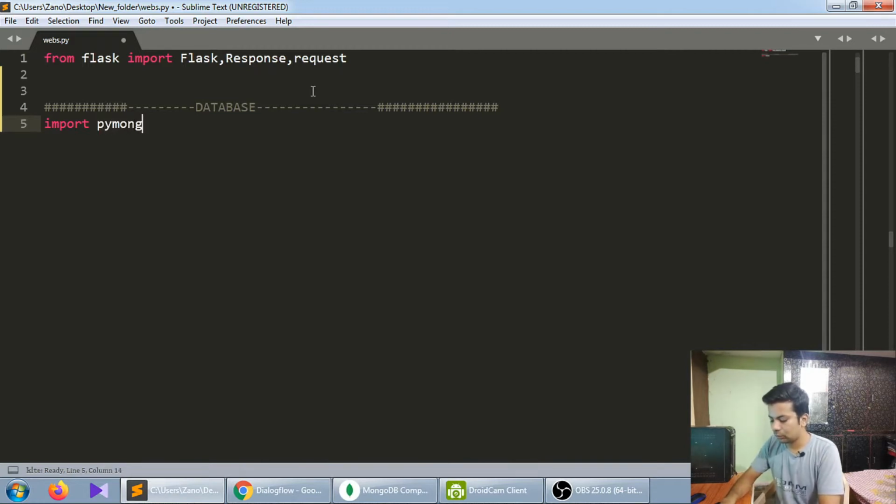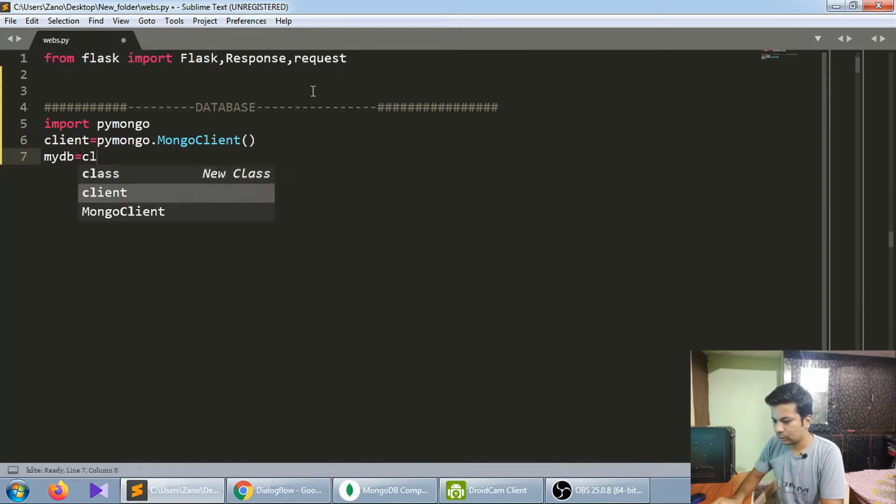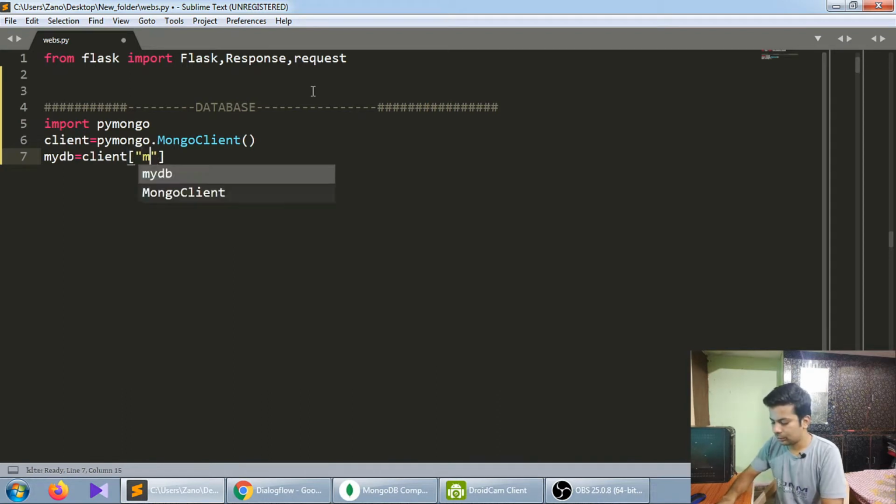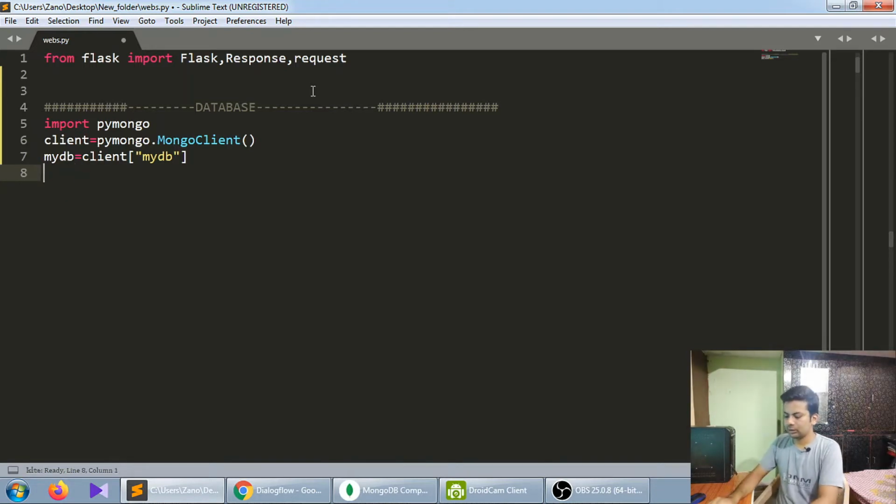Import pymongo, client equals pymongo.MongoClient, mydb equals client mydb. Yeah, that's pretty much it. Now I'll just end it.